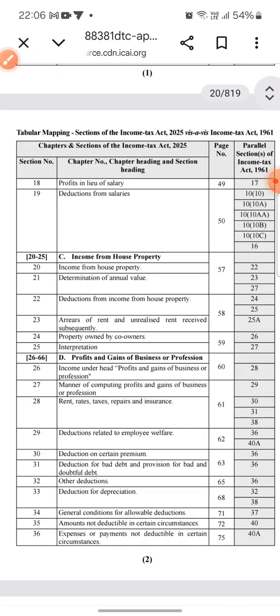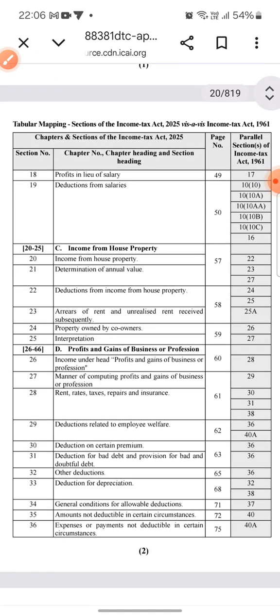Income from house property, section 22. Determination of annual value, earlier in two sections, 23 and 27, is now in section 21. Deduction from income from house property, earlier governed by sections 24 and 25, is now in section 22. Arrears of rent and unrealized rent received subsequently,